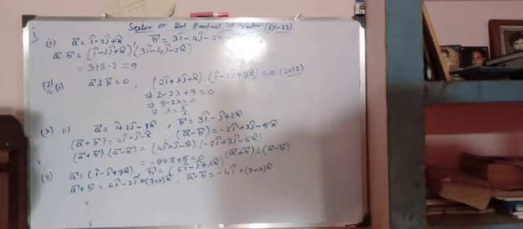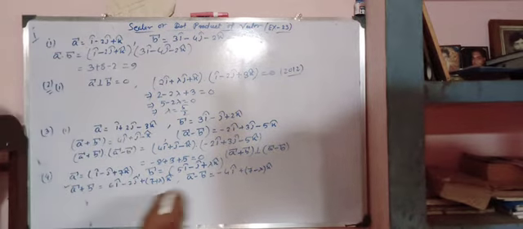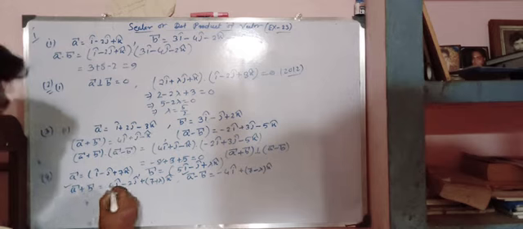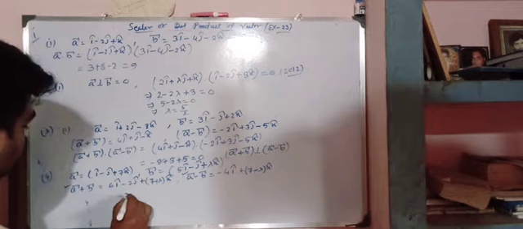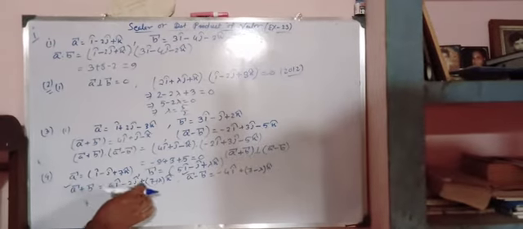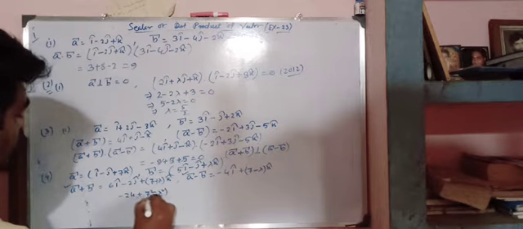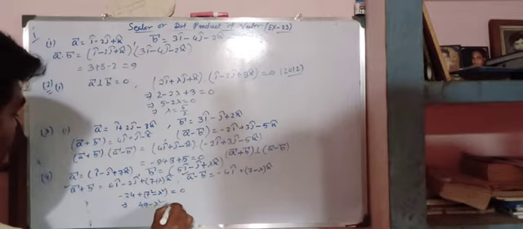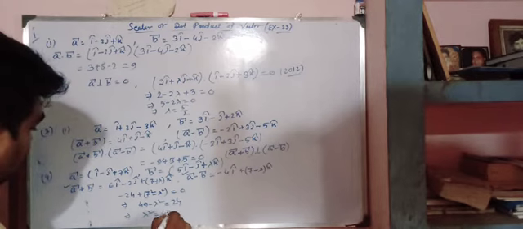So for which value of lambda are they perpendicular to each other? Now if this vector and this vector are perpendicular to each other, then the dot product of these two vectors must be 0. So that's implying 6 into minus 4, that is minus 24, and there is no j component here, so we can take j from here. Say 7 plus lambda into 7 minus lambda, that is 7 square minus lambda square, that's equal to 0. So that's implying 49 minus lambda square equal to 24. Okay, that's implying lambda square is equal to 49 minus 24.